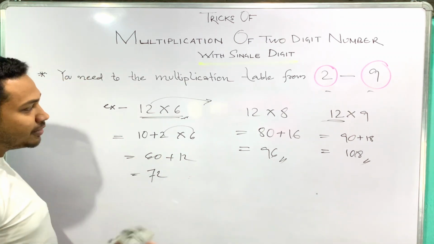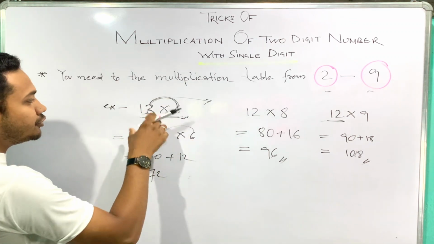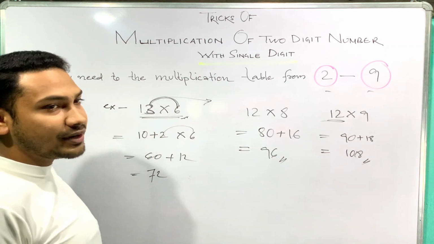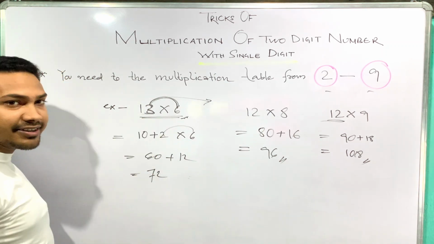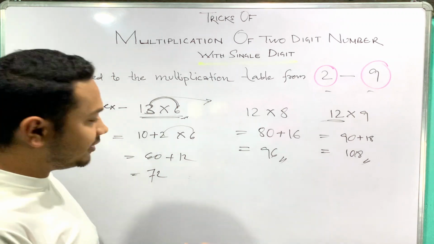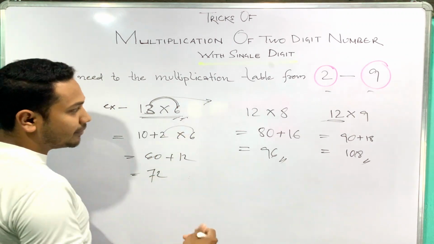Moving to the multiplication table of 13, same as it is, you just need to multiply this 6 with 3. So what we'll get, 6 threes are 18, 10 plus 18, how much are we getting, 28. Right, so likewise this is how the answer will come in case of 13.